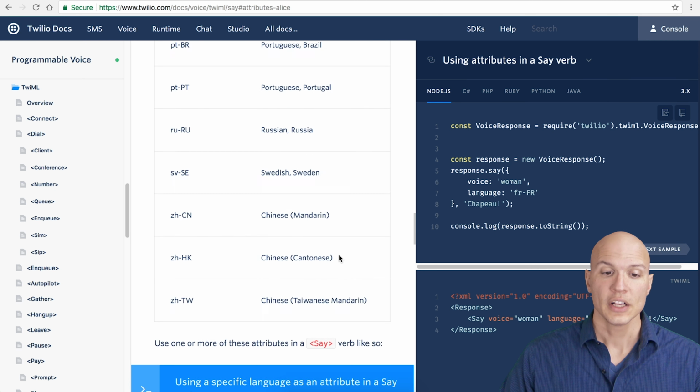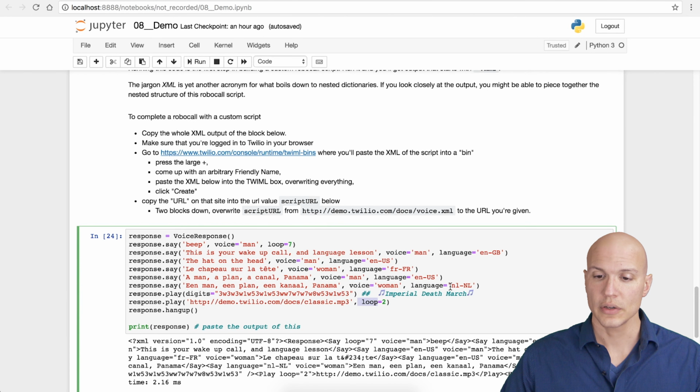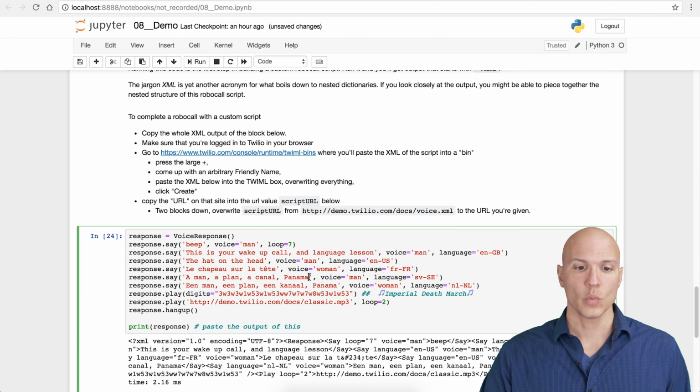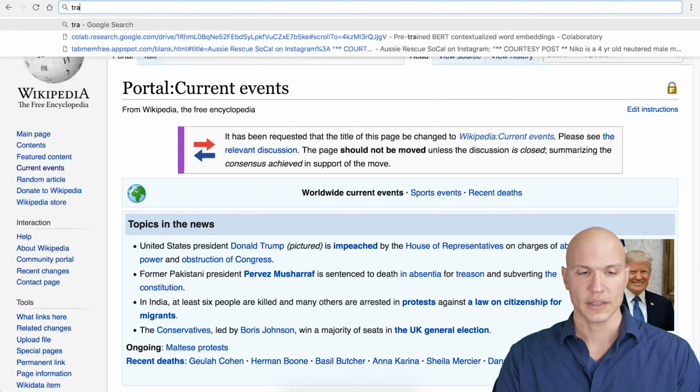and so on. So if I want Swedish, all I have to do is copy this, go into my original code, and replace, let's say, the Dutch or the American English with Swedish, and I'll get a different accent reading my script. If you want to translate this, instead of switching out the English, I'll switch out the Dutch. If you want the Swedish version of A Man, a Plan, a Canal, Panama, you can go to translate.google,